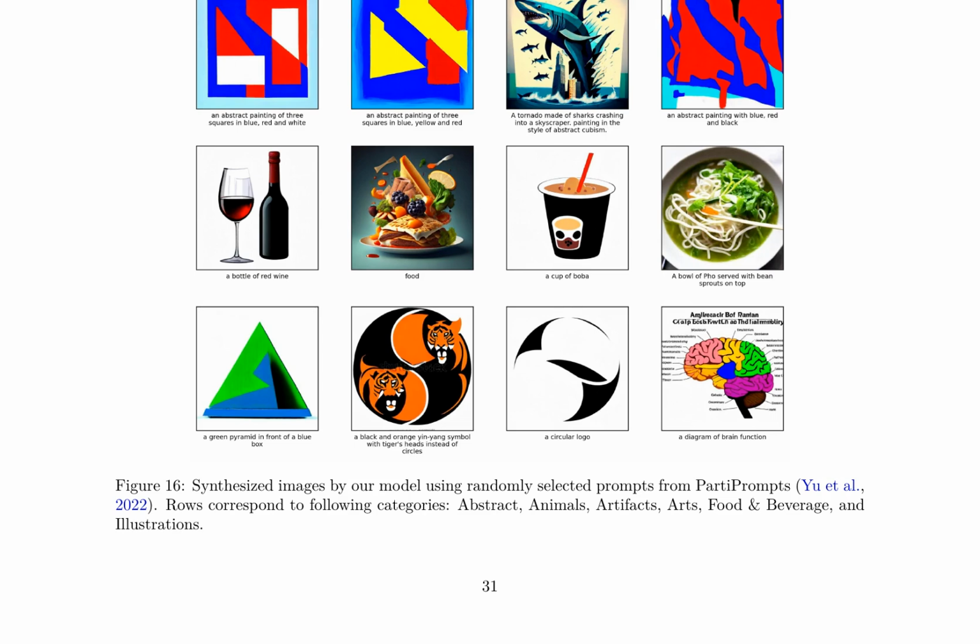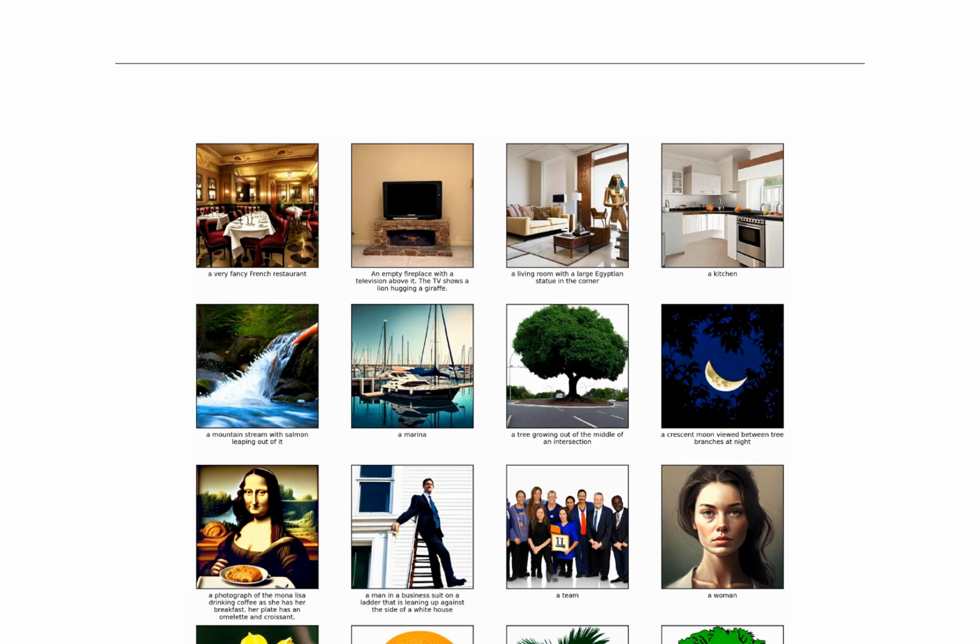This showcases the model's capacity to generate images that reflect real-world scenarios and objects, as well as its understanding of abstract concepts like world knowledge. These figures collectively illustrate the model's proficiency in interpreting textual prompts and translating them into visual representations. The generated images demonstrate a high level of detail and realism, indicating the model's strong performance in capturing the nuances